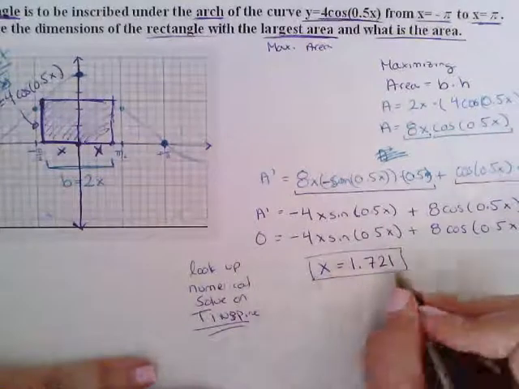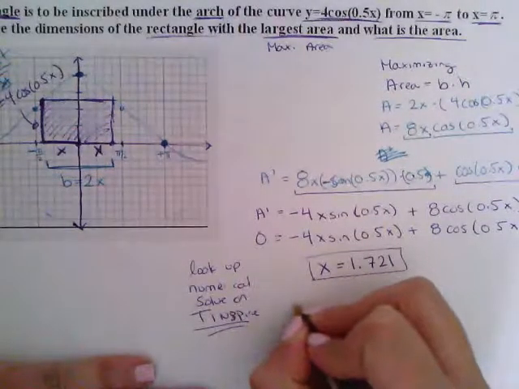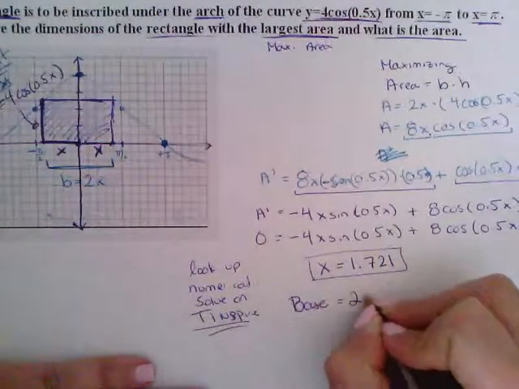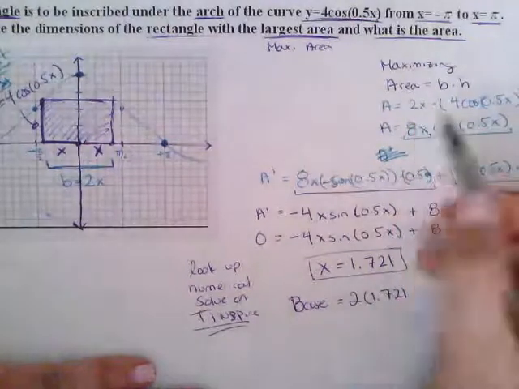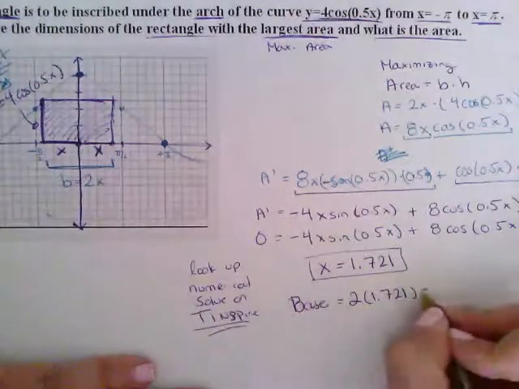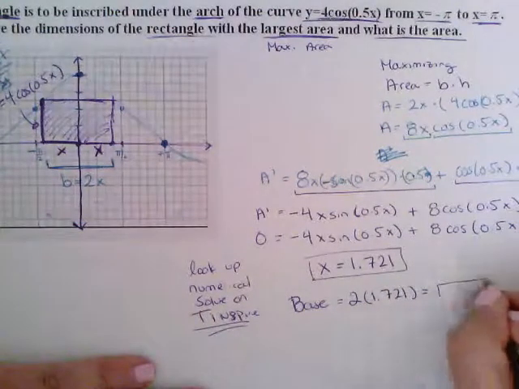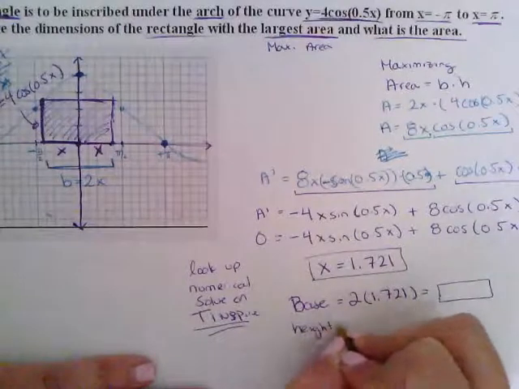So if the x is this, then the base is going to be 2 times this, right? Because we said earlier that the base is 2x. So that ends up giving us a number you guys can do in the calculator. And then the height is going to be,